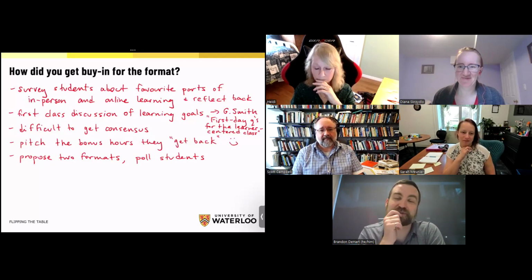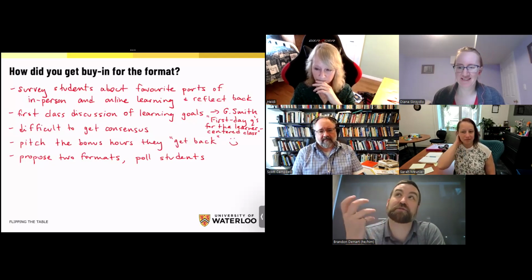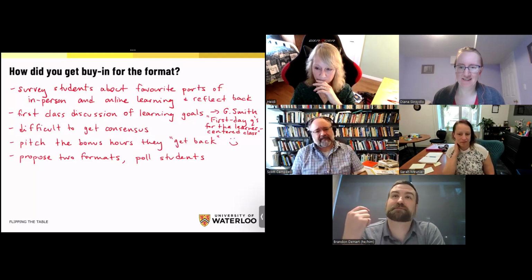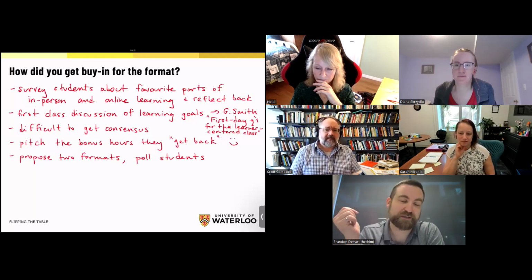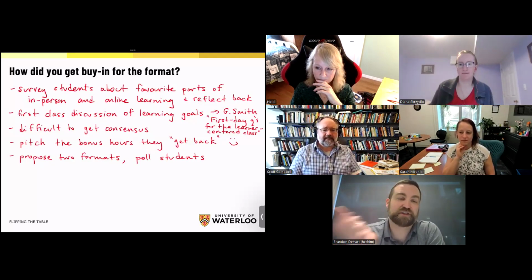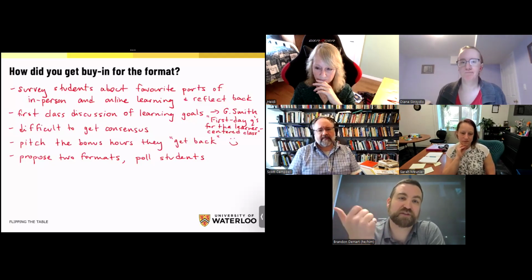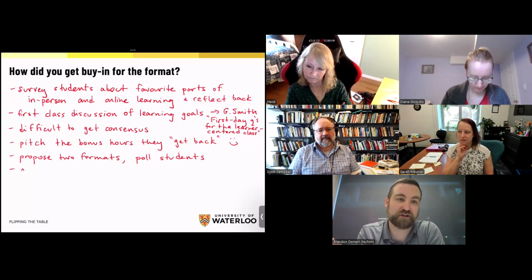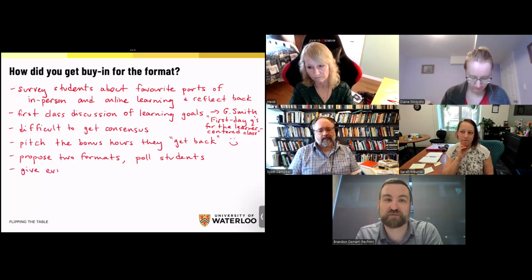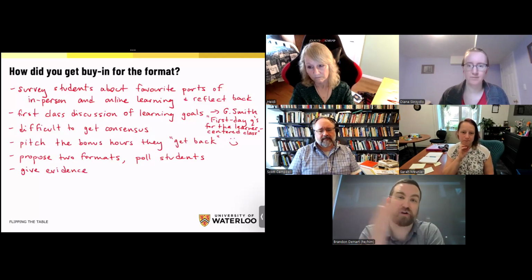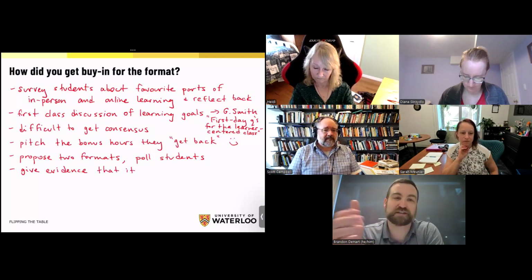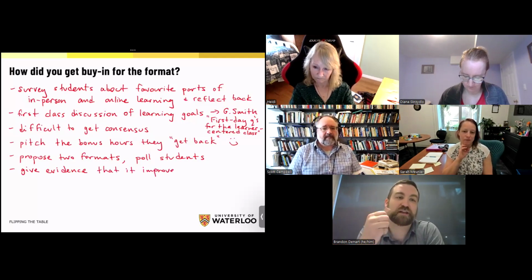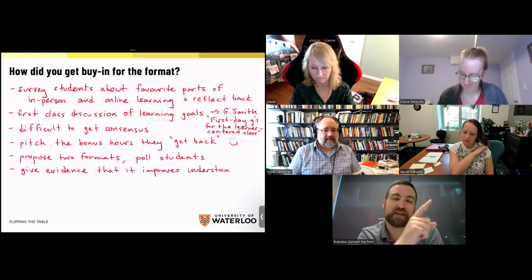That seemed to really help with the buy-in piece, and also telling them about some of the back end piece. This works for fourth year students; I don't know how well it will work for others. But being like, there is research that shows your grades will improve if you do this piece, and peer instruction helps, and flipped helps, and having more contact time where we can work through problems helps. It is statistically relevant. There are papers out there; I can find the research and send it to you if you want. Doing these things will improve your understanding and retention and your grade. And most of them are like, yes, that choice there, that one.